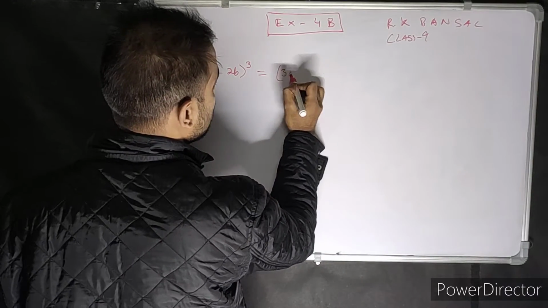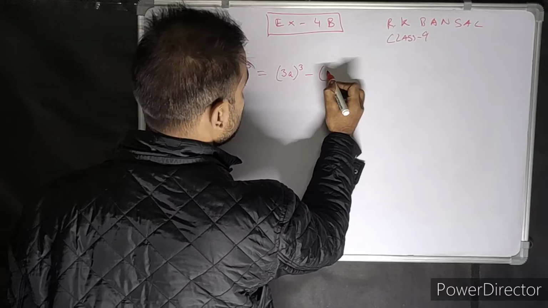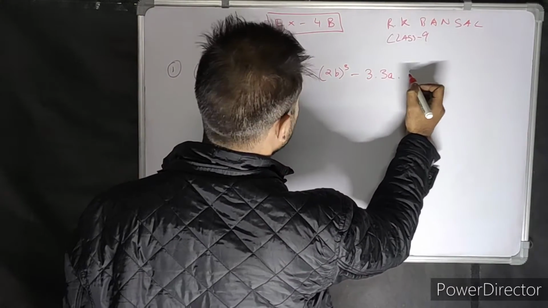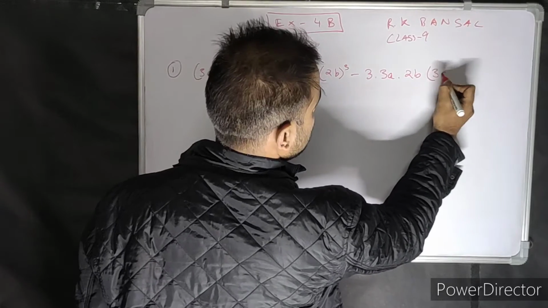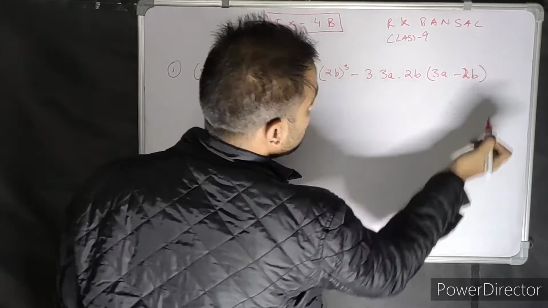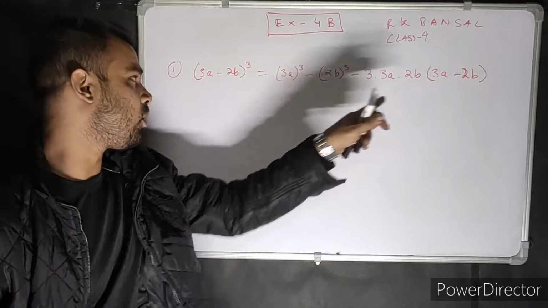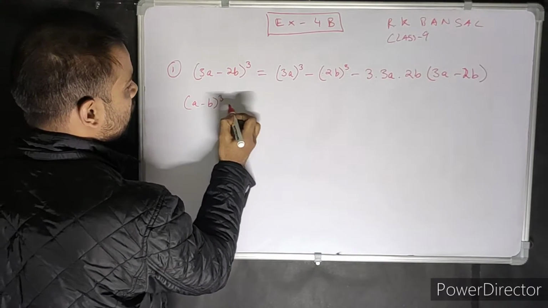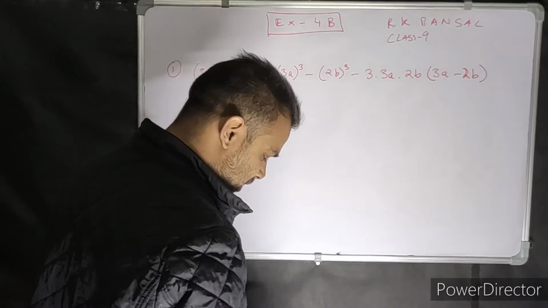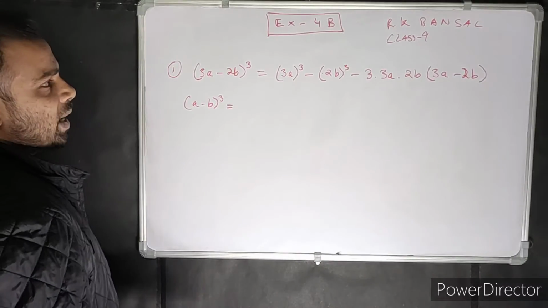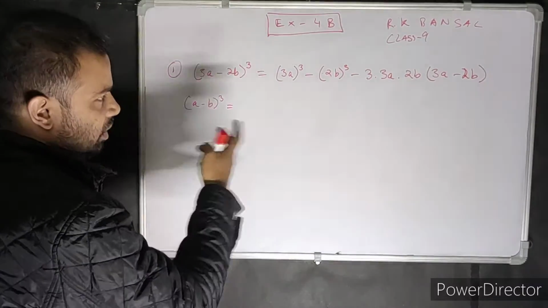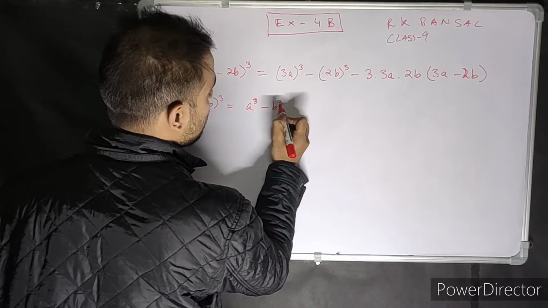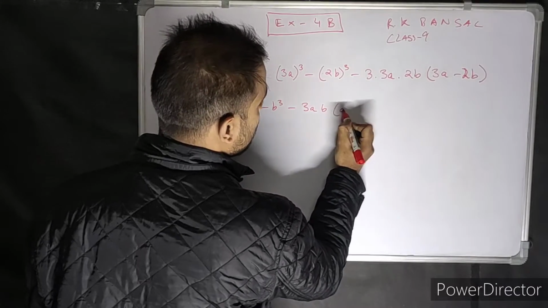So what is the formula? a cube minus b cube minus 3 into a into b, a minus b. Everything is in minus for a minus b whole cube. I'm writing the formula for you over here. You can go to M.L. Agarwal expansion chapter and see the first two parts, then you'll understand. I have introduced this chapter over there. So it's a cube minus b cube minus 3ab, a minus b.